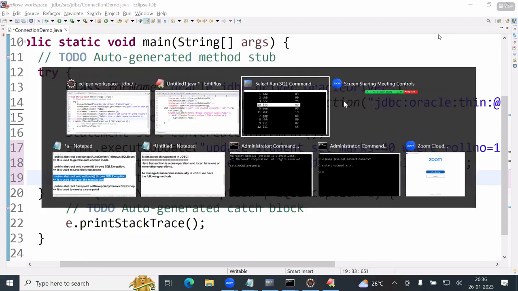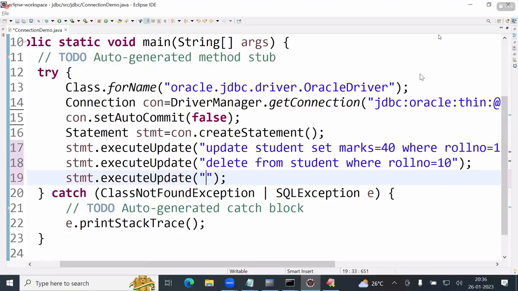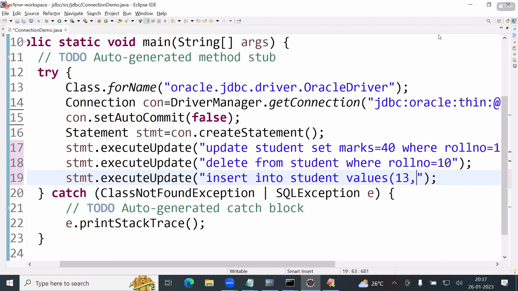Roll number 12 is already there. Roll number 13 I want to insert. Insert into student values 13. Now, if I execute this program,